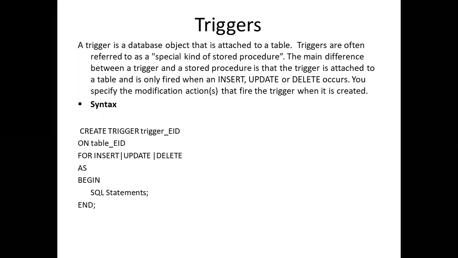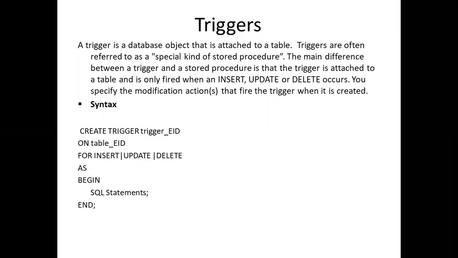Now, what is this event? There could be three events: insert, update, or delete. Nothing else. So whenever an insert, update, or delete occurs on the underlying table, the trigger, which is associated with a particular table, will automatically get fired. You create a trigger, then associate it with that particular table depending on the requirement. Whenever that respective event occurs, the trigger will automatically get fired. Is this point clear?